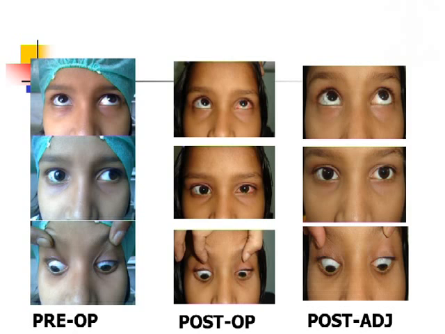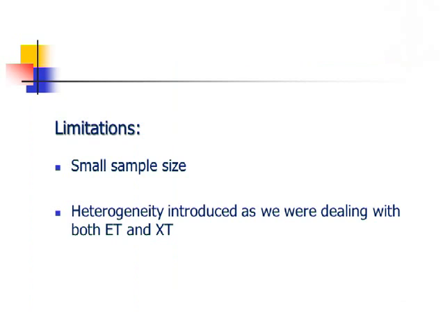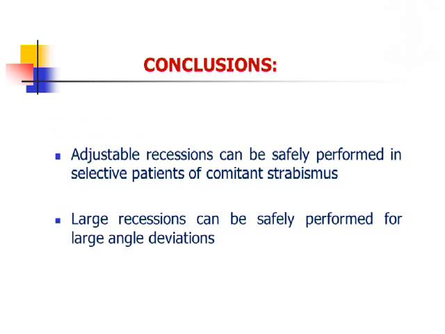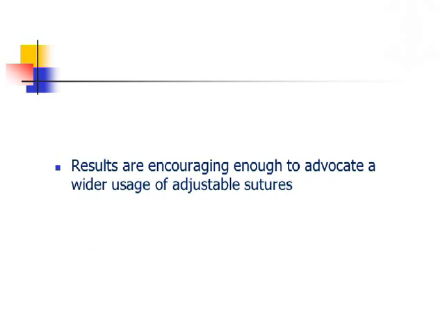The main limitation of my study was a small sample size, and there was heterogeneity introduced, as there were both esotropia and exotropia. Adjustable suture surgery can be safely performed in selected patients of comitant strabismus, and it can also be done for large angle. A wider use of adjustable